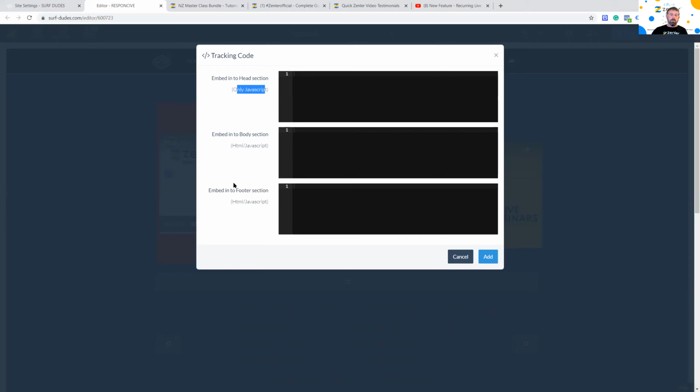Now, you might be saying, well, why have you got a footer, body, header section? Well, with some scripts, you want the JavaScript to run before anything else. When a web page is read by your browser, it looks at the head section first, then it works its way down the body to the footer. So it decodes on that basis.